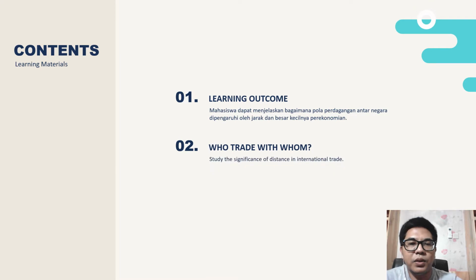And then after showing you the learning outcome of today's session, we will go to the main discussion about the gravity model. This is the answer to this question: who trade with whom? For example, why does Indonesia trade with China? Why does Indonesia trade with nearby countries? What theory explains such a thing? And then